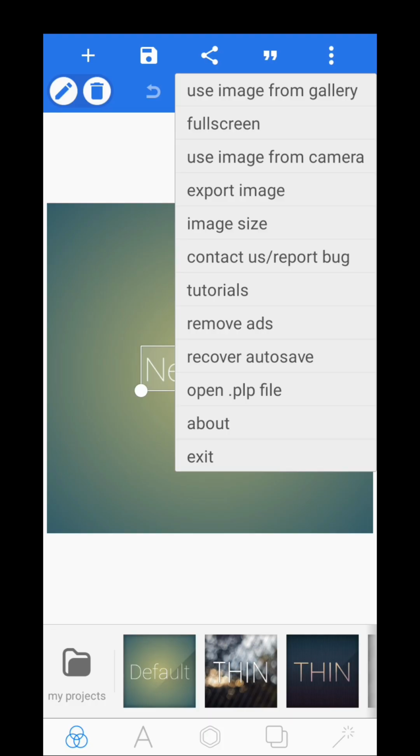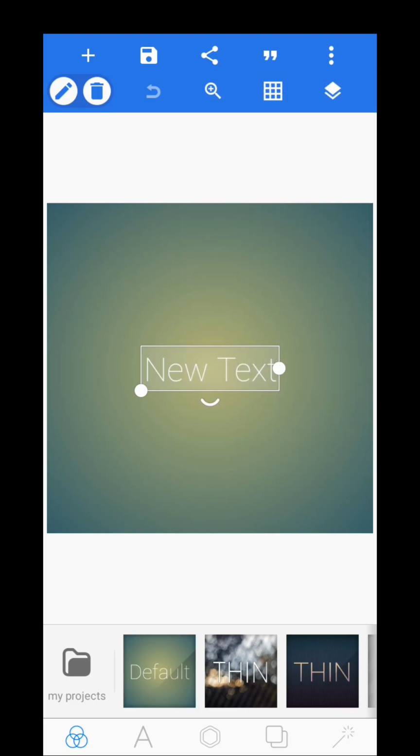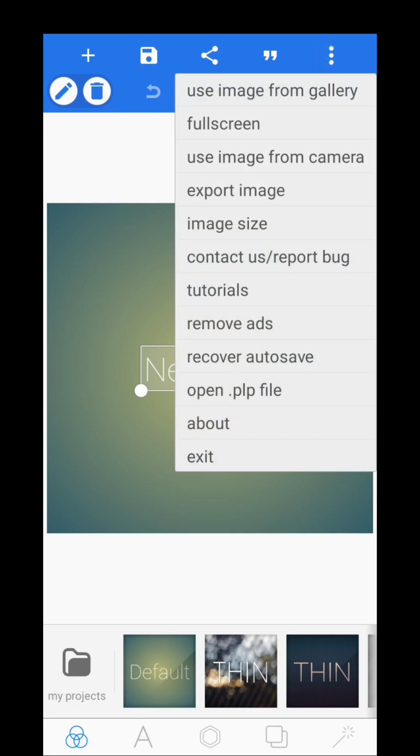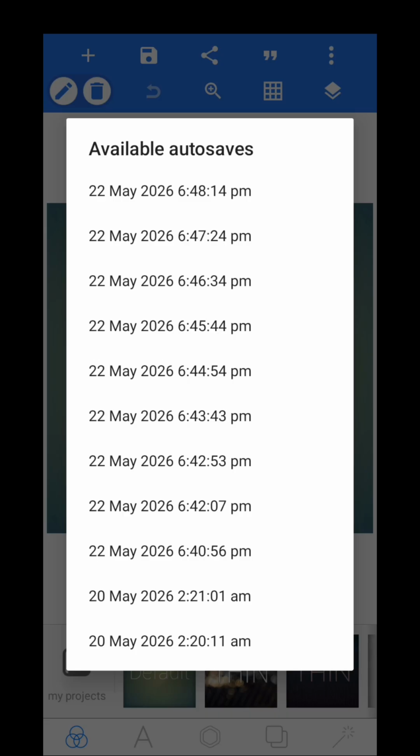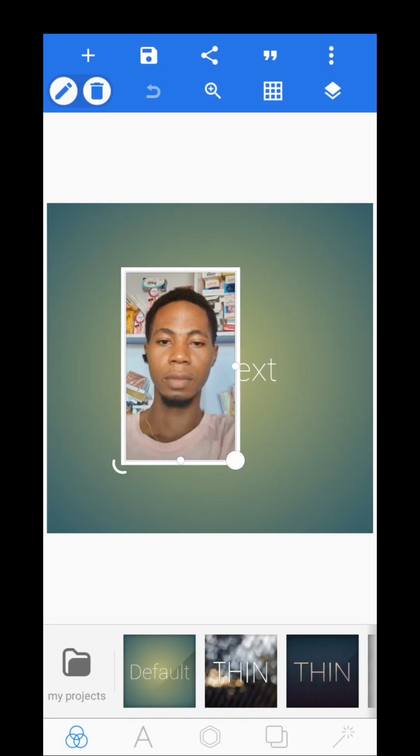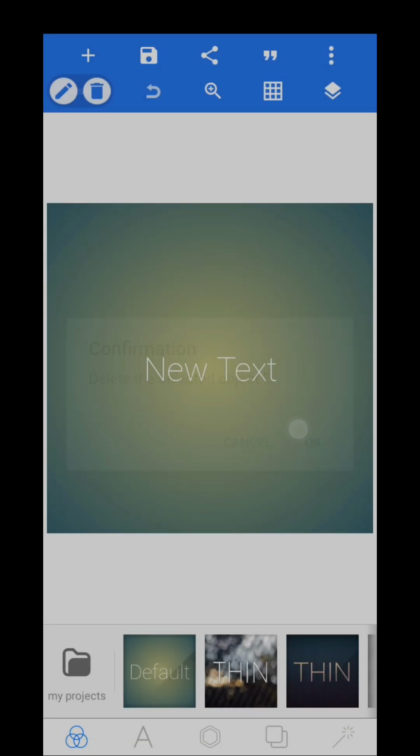Then recover, auto recover. If there is something you are doing at the moment, maybe you close it because you want to do something. When you come back, it will bring the auto recover, auto save for you, or you click here and it's going to bring out the work you have done recently that you did not save. You pick any one, depending on the time you left the app, you click on it, and click OK, it will bring you back to the work you were doing without saving. Okay,